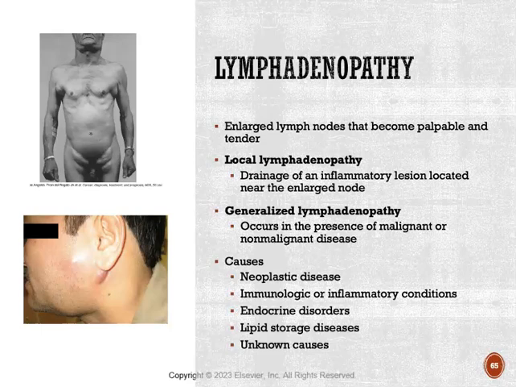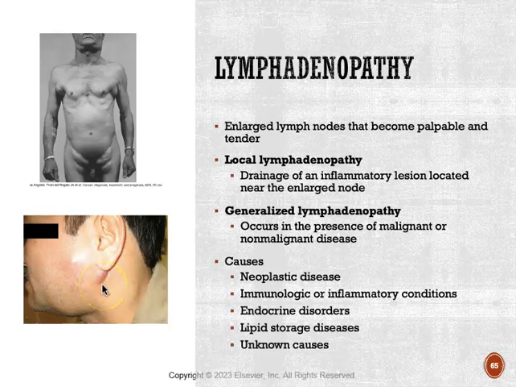Now let's shift gears into lymphadenopathy, which refers to enlarged lymph nodes that become palpable and tender. You can see that over here in the inguinal region and even in the axillary region and cervical region, where we have those lymph nodes very close to the surface of our skin. And you could see it down in this region over here too, a little bit more of a lateral view of that cervical area. And so it could be classified as either local, like we see in the cervical region, or it could be generalized.